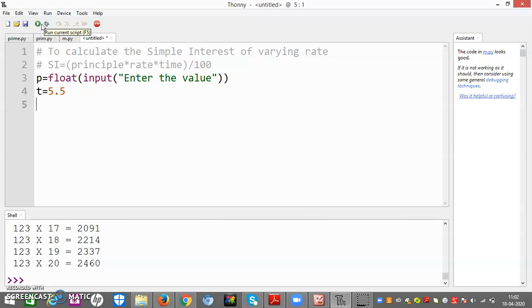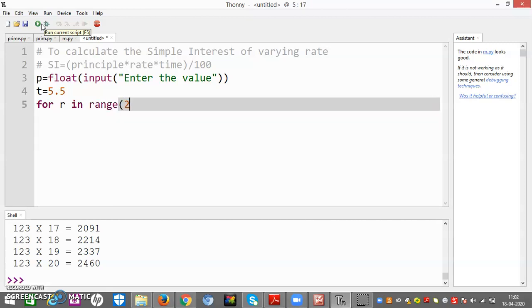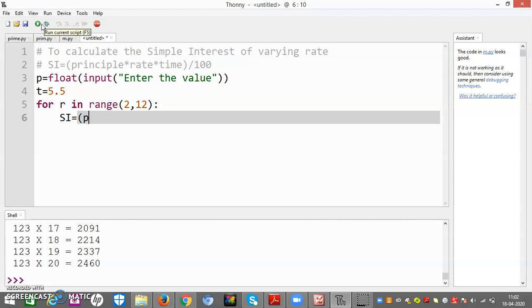Now what I have to do is for R in range, I can take any variable. Suppose my R is 2.5, oh sorry, 2 to 12, right? So now SI is equal to P star R star T